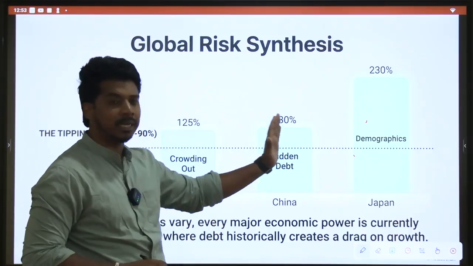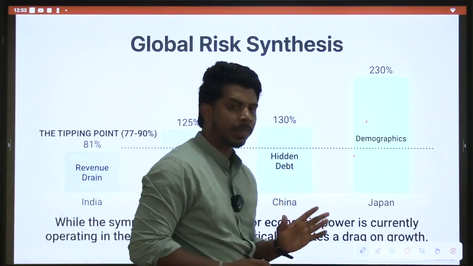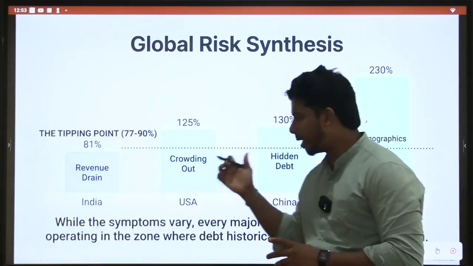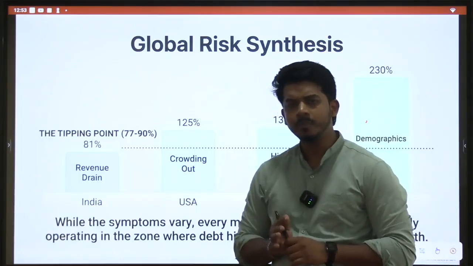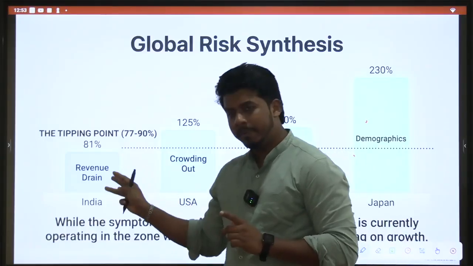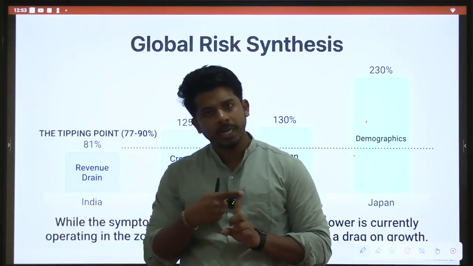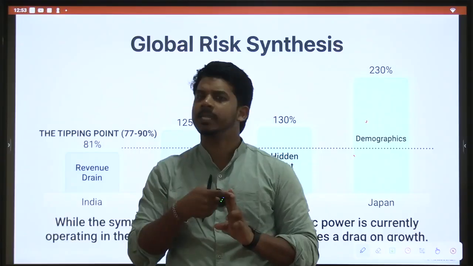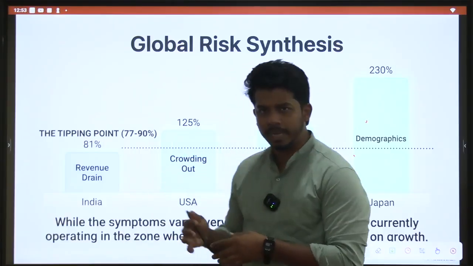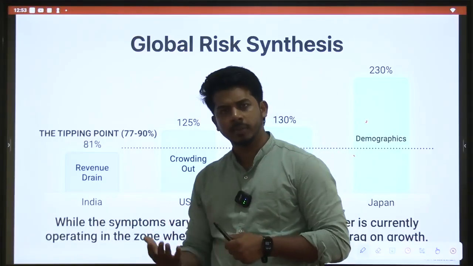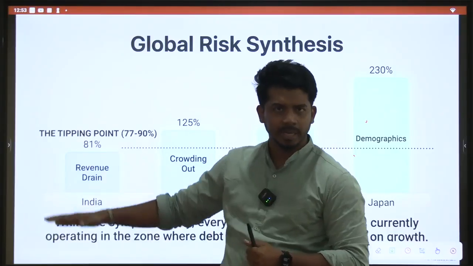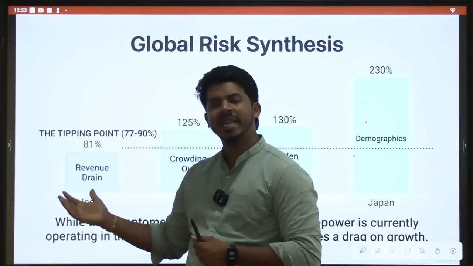Okay, so you can say China is between 80 to 120-130. Now what about India? India is comparatively, if you compare with other countries, having about 81% debt level. What is 81%? I mean the debt of the Union Government of India, all the state governments, all the local governments in India. So total combined general government debt. In the previous class we have seen general government debt means debt of all government levels. So it is roughly 81%.